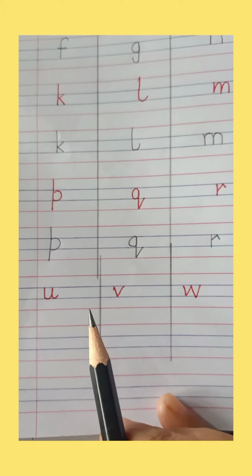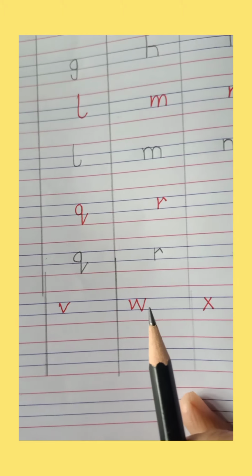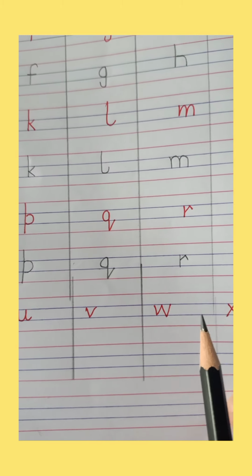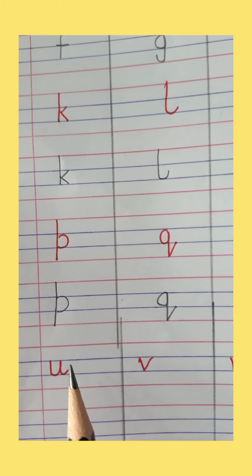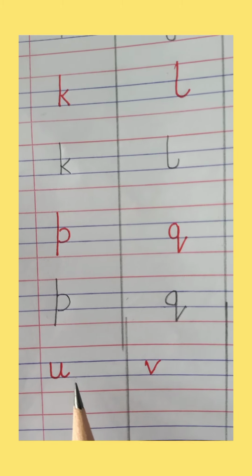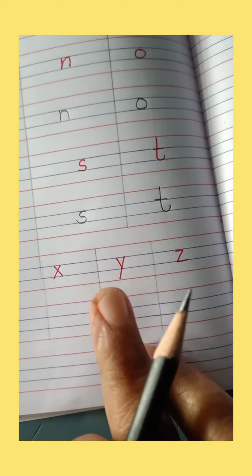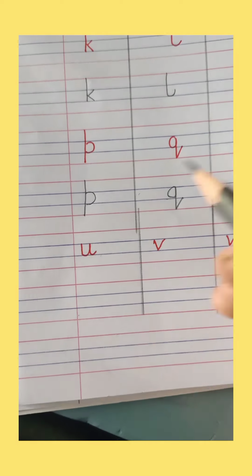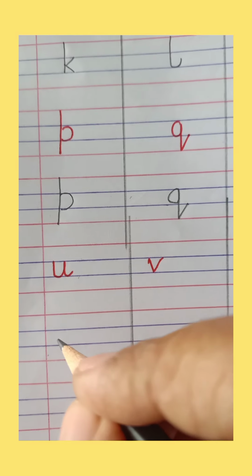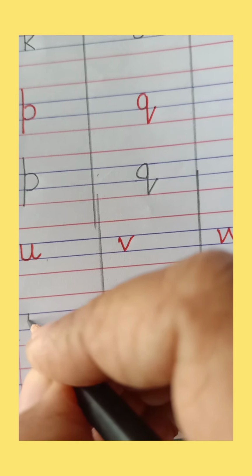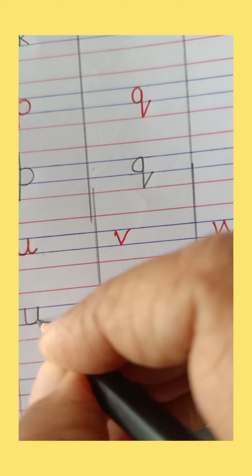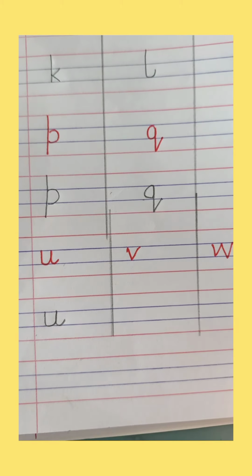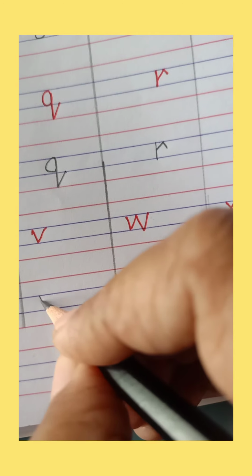Okay, chalo, let's begin. And children, you all can see this small u, v, w, x. These all letters will be written in these two blue lines के बीच में we have to write. Okay, and z also. Why is little different? That I'll tell you. Okay, chalo, let's start. U. You all know how to make u. It's very easy now. See, done. Then v.